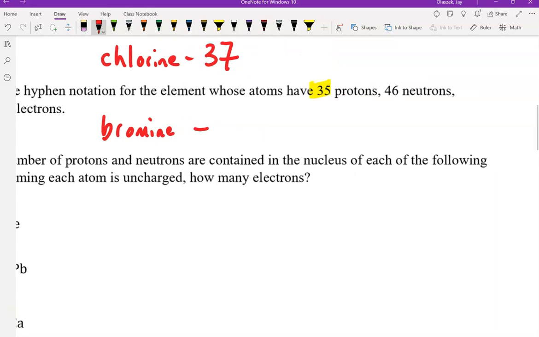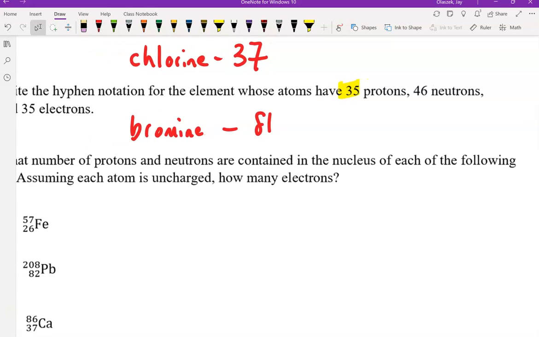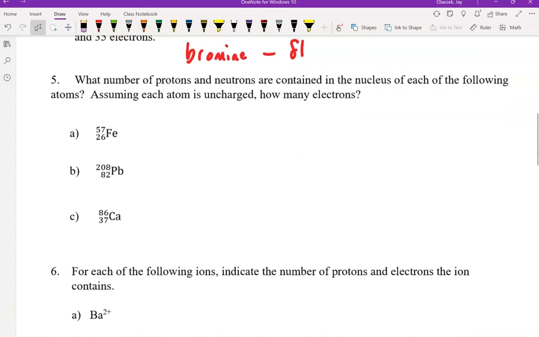And it has to have an atomic mass of 35 plus 46. And so if we add 35 and 46, we get 81. There is our atomic mass. All right. Here we have number 5, and it is asking how many protons and neutrons are contained in each